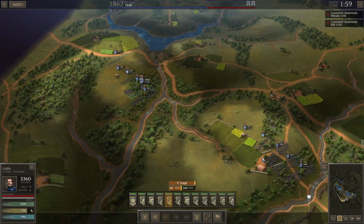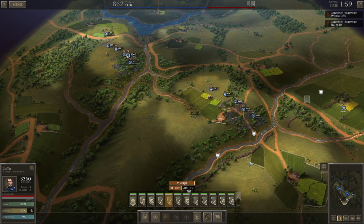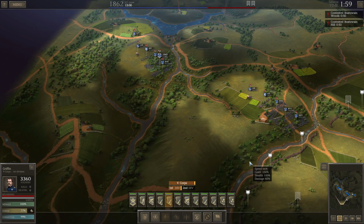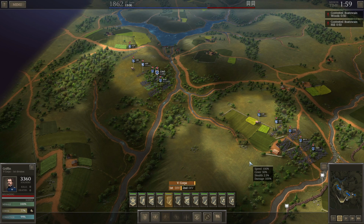I'm going to bring these forces back into position here, and I'm going to record a bit on the lead up to Malvern Hill, dealing with the Battle of Fair Oaks, and dealing with some of the individuals that are in the staff of George McClellan's army. So this is taken from a list